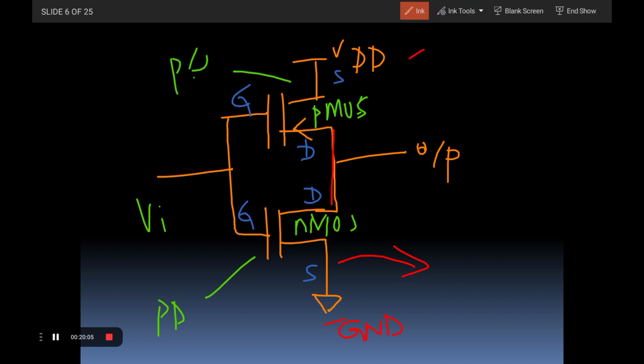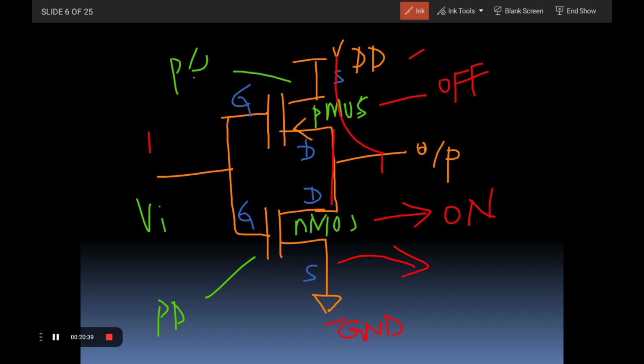Let us take one small example. Suppose the input voltage is a logic one, what is the scenario? One means the nMOS transistor is going to be in the on condition. When you apply the one input, the pMOS transistor is going to be off. Since the nMOS transistor is on, it acts as a short circuit. That is very clear. pMOS being off means there is no connection from VDD to the output side,